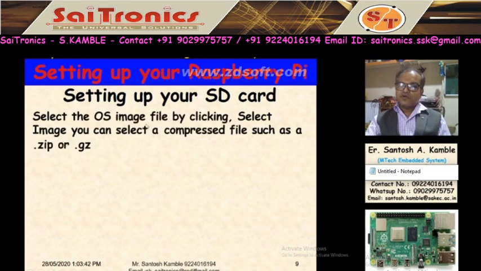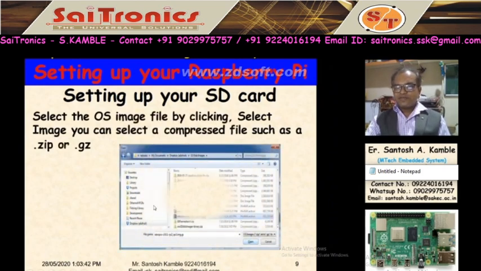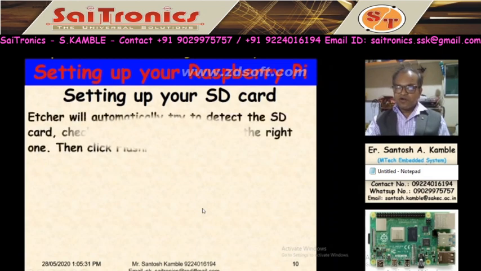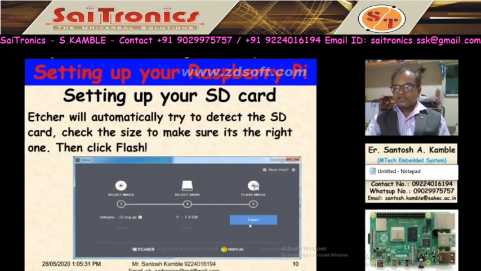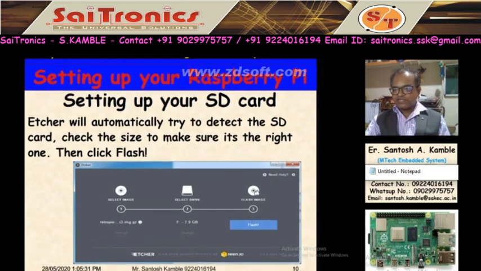So select the OS image. The OS image was already downloaded. It may be a zip file, .zip or .gz. You can take any file. Then after selecting the proper SD card, you have to click on flash. So first select image, then select drive, then click flash. When you click on flash, it will first format, then copy the files, and then install.